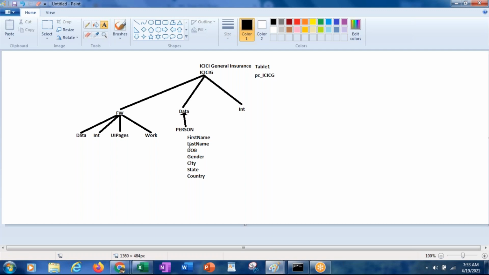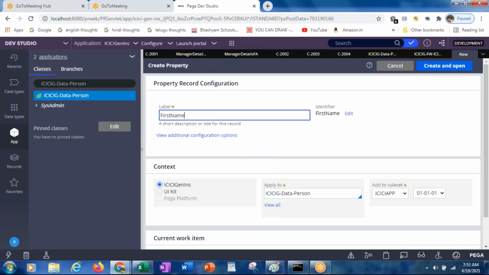All these properties are part of the person, which is under the data, under the ICICI general insurance. Now we want to access these properties from the work class. Earlier, in this work class we created separate properties. Now not like that. You would be asking, if you have only one, how can we refer? Yes, now I will show you.